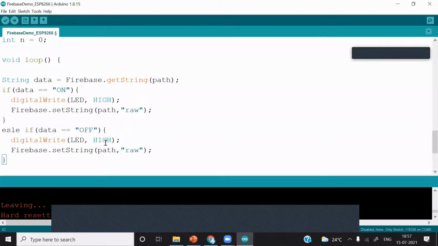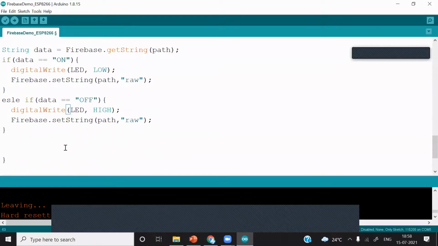Okay. So thing is here, the pin D0 is inverted. Means whenever you write high to that pin, it will actually turn off. It will write 0 data. And when you write low, it will turn on. That is the meaning of inverted. So whenever we want to turn on the light, we must put low here, not the high. And whenever we want to make it off, we have to put it high. Okay, so this pin is inverted.